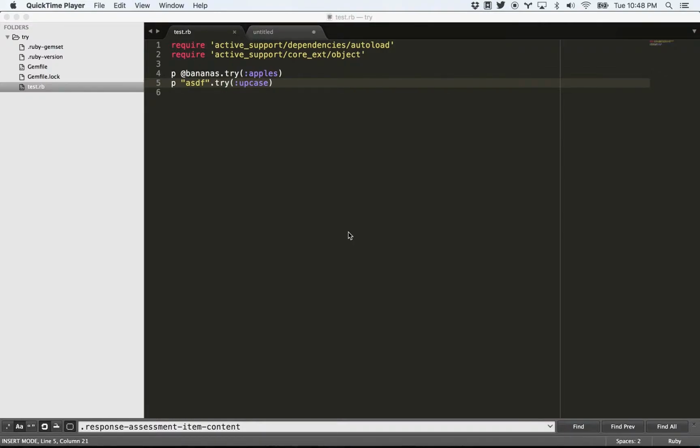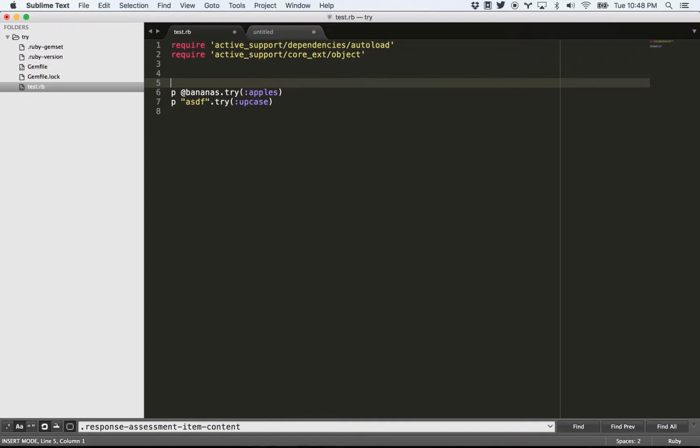So, today we are going to talk about try, which is provided by Rails or Active Support specifically. So we're going to switch from Ember and talk about Ruby for a little bit. If you've never used try, it is useful if you're not sure if you set an instance variable or not. For example, in your controller, you're like,